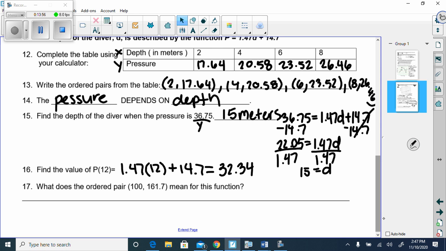Alright, and then lastly, what does the ordered pair 100 and 161.7 mean? So the 100 is the X value, and what is X really for us in this situation? The depth in meters, right? So at a depth of 100 meters, and then the 161 is acting like our Y, which is pressure. So we would say the pressure